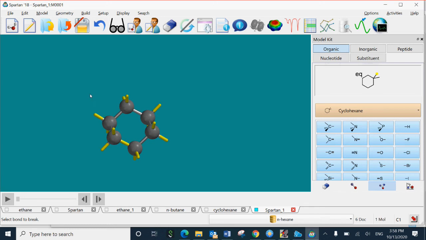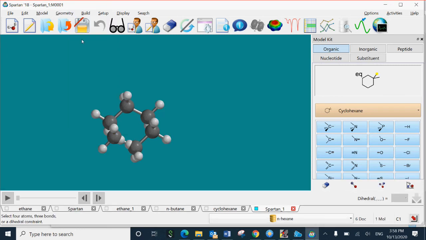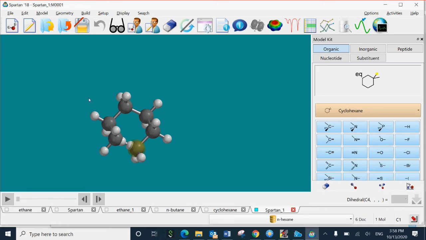The next step, you need to go to the geometry menu, then measure dihedral angle. Here you need to select the 4 carbons from one end after breaking. Select the first carbon near where it is broken, then the second carbon, third carbon, fourth carbon.